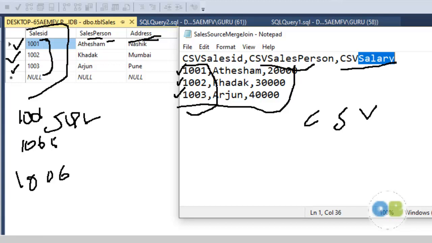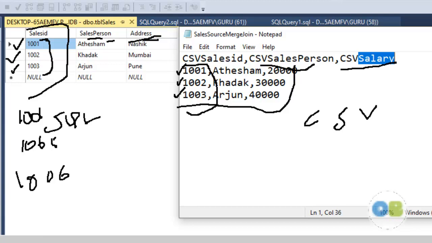One more thing I forgot to mention: your column names should be common if you want to use the union all, or merge component. If your key attribute columns or non-key attribute columns are very different and you want to combine both the sources, your column names should be similar, then only you can merge both the sources. I forgot to mention this previously, so I thought I would cover it right now.